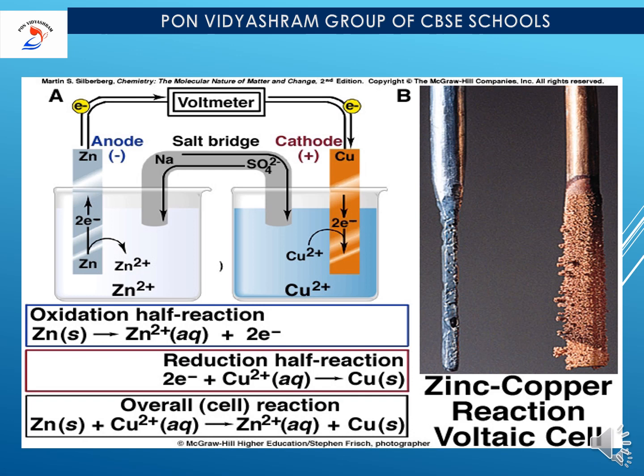Whereas on the right hand side, we have Cu2+ gaining those electrons and converting into Cu. So now the overall reaction occurring in the galvanic cell will be Zn added with Cu2+ to give Zn2+ and Cu. Now the size of zinc is reducing and the size of copper will be increasing. To identify which type of reaction occurs at the anode and which at the cathode, I have a shortcut.